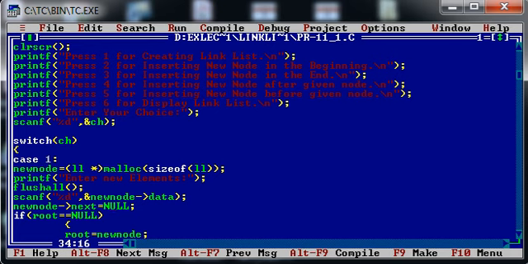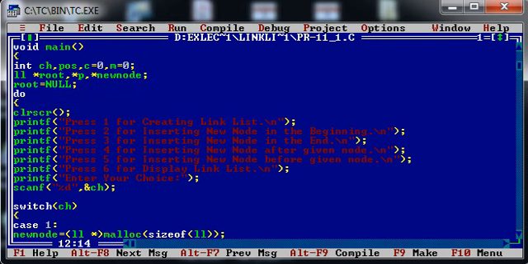So this is the first choice for creation of linked list. Obviously this will be my first node of a linked list. So what I will do, I will check if root is equal to null. Over here you need to remember this thing. In the beginning we need to assign root is equal to null, because without this statement our program will not come to know whether a linked list exists or not. Initially we are considering that we do not have any existing linked list, and we can specify that to our program by writing this statement root is equal to null.